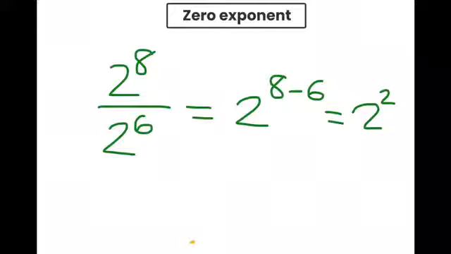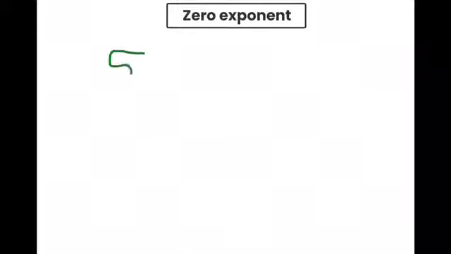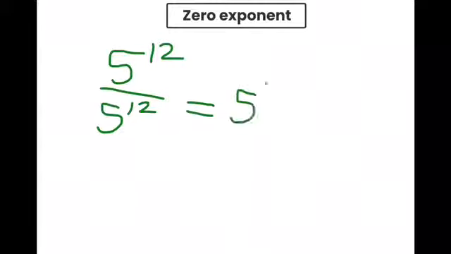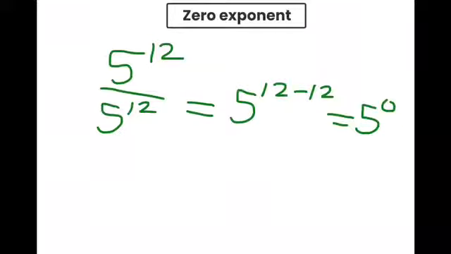And so 5 to the power of 12 divided by 5 to the power of 12 is 5 to the 12 minus 12, which is 5 to the 0, right? And so there appears that little strange thing, the exponent 0. And what we've seen from the other ways that we've explored this quotient is that this quotient is equal to 1, right? And so that would mean that an exponent of 0